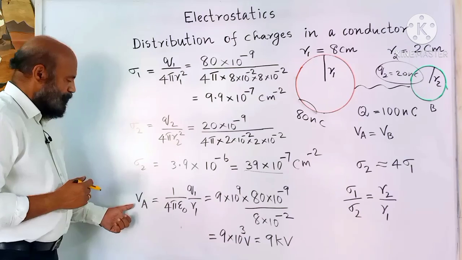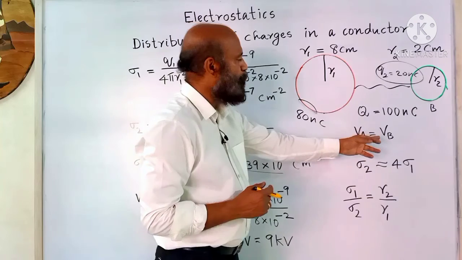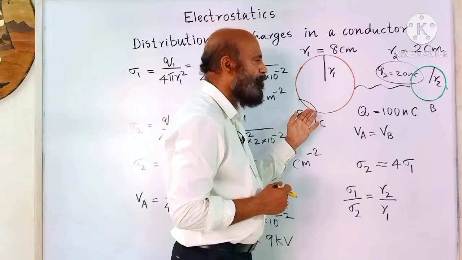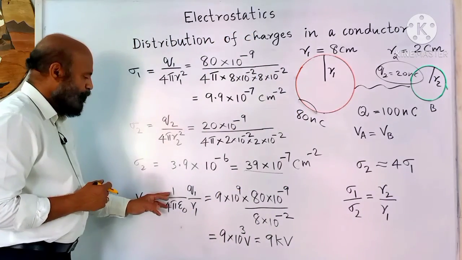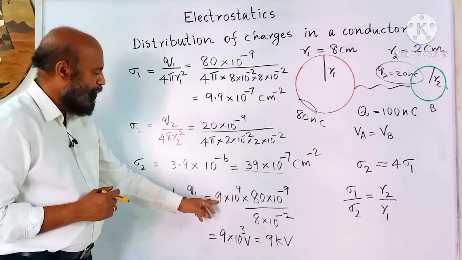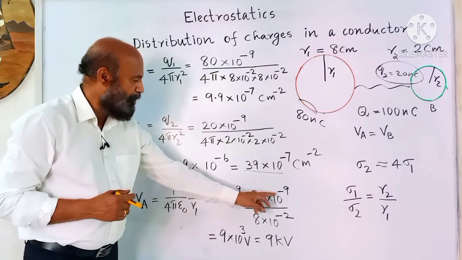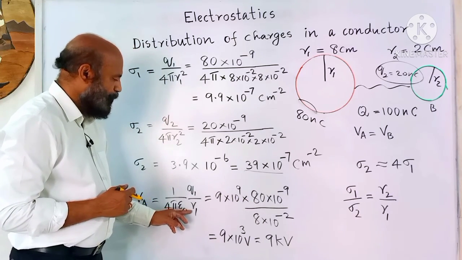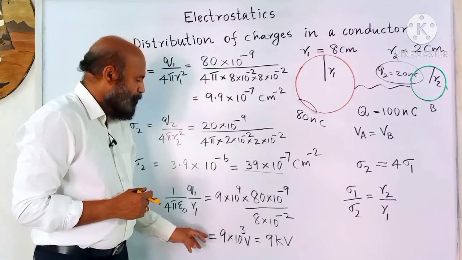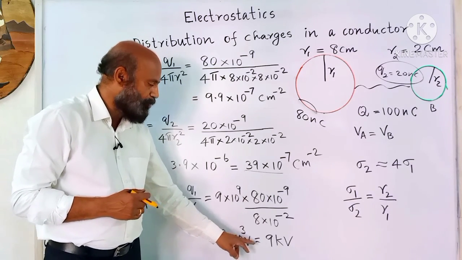Now, the potential on sphere A will be the same as the potential on sphere B. So it is enough if you find the potential on any one of the spheres. So VA is 1 by 4 pi epsilon 0 Q1 by R1. 1 by 4 pi epsilon 0 value is 9 into 10 raised to 9. Charge on the first sphere is 80 nanocoulomb. Radius of the first sphere is 8 into 10 raised to minus 2. If you do this calculation, you will get 9 into 10 raised to 3 volt, so 9